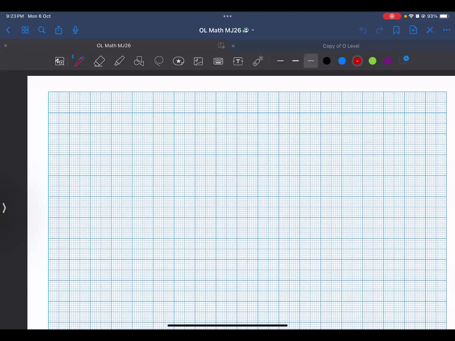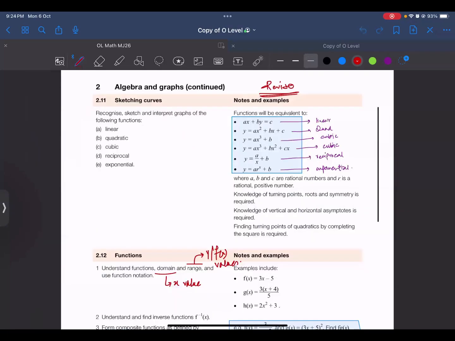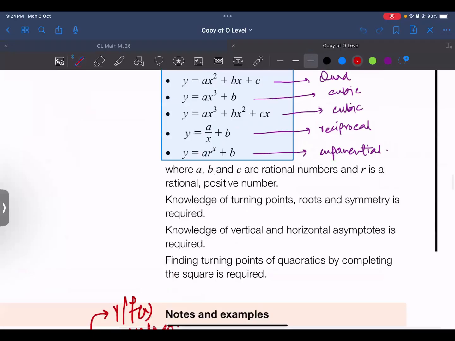Okay, so today is the last class for the sketching of different types of functions, and the last one now is the exponential sketches, exponential equations, and the general form is this one: a r power x plus b,